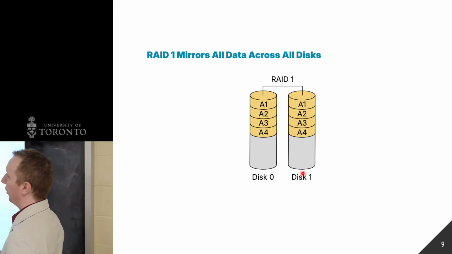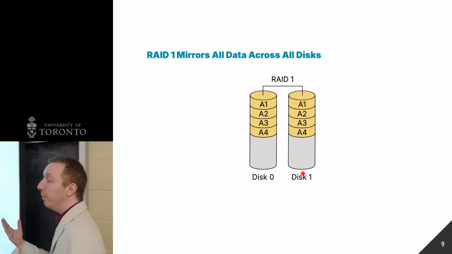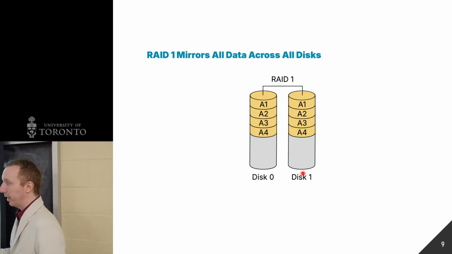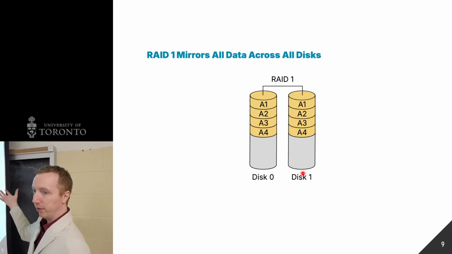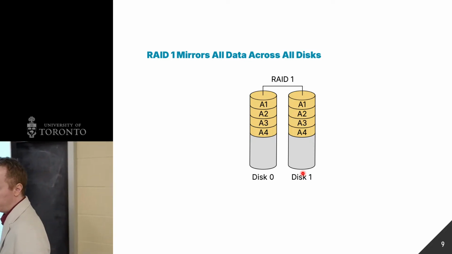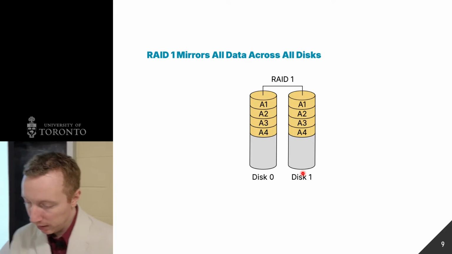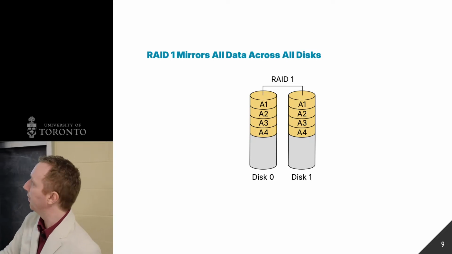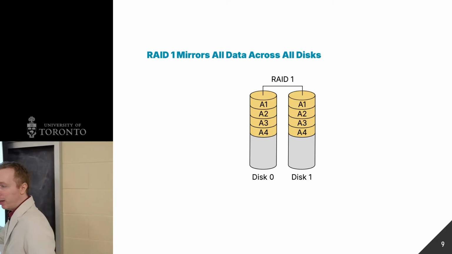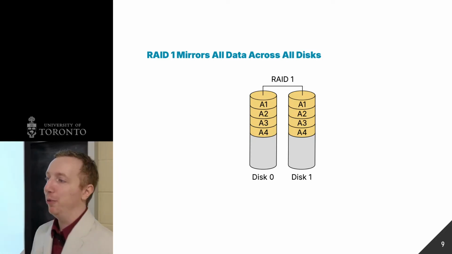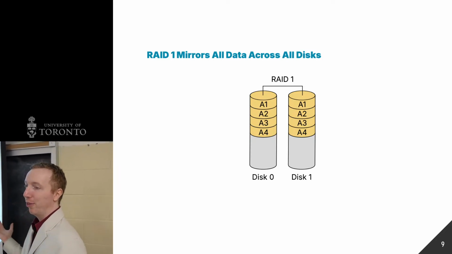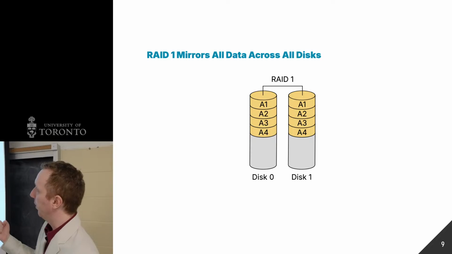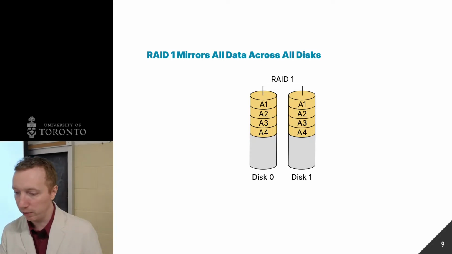Write performance, on the other hand, is going to be the same as a single disk. So assuming I can do things in parallel, if I have to update this file and add A5 or something like that, I make the file bigger, I have to write A5 to every single disk. Assuming I can do that in parallel, my write performance is going to be the same as a single disk. But we can do this for as many drives as we want. So if I have 4 drives that are all exact copies of each other, how many drives can I lose and still not lose data? 3, right? So as long as I have 1 drive still alive, I still have my data. I am still fine. I do not cry.